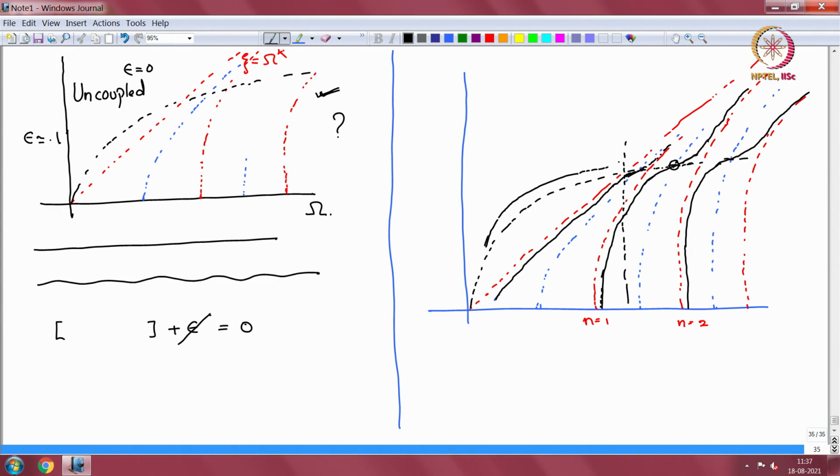There it will turn and it starts following the acoustic plane wave just above. So these black solid lines are the coupled waves. Coupled waves. Okay. So that means what? Now in this system over here,